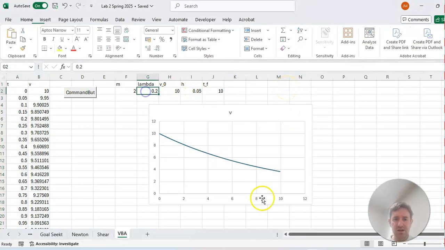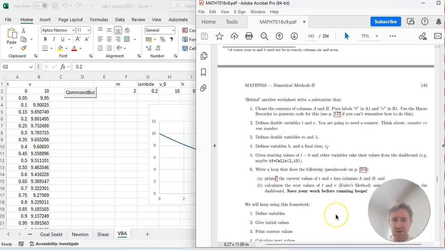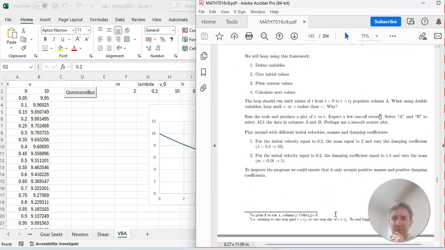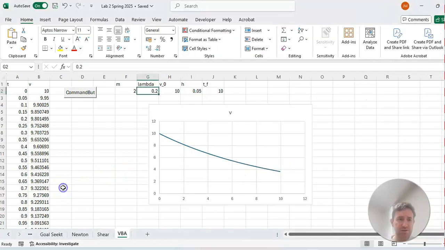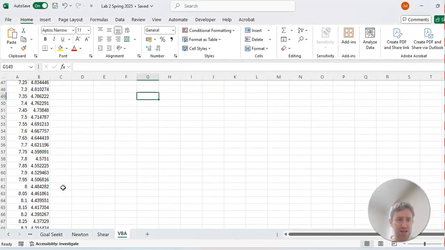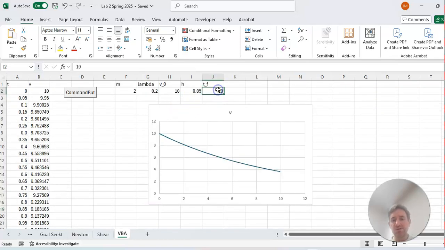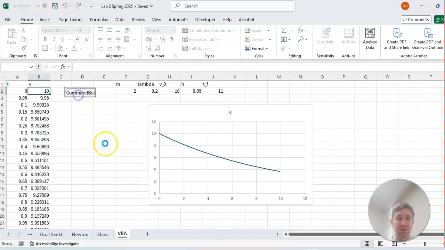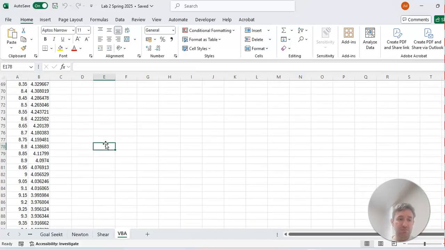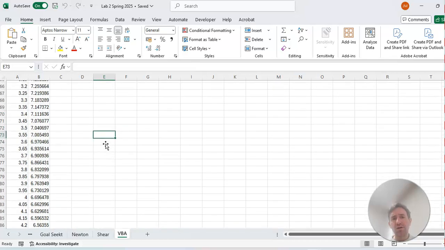And then, so it's asking us to do the framework. Okay. Expect a few one-off errors. So for example, this should go out to a final time of 10. It's going to 9.95. This is not a big deal. If you want to find out what's going on at 10, you can put in 11. That'll work. Or slightly cleaner